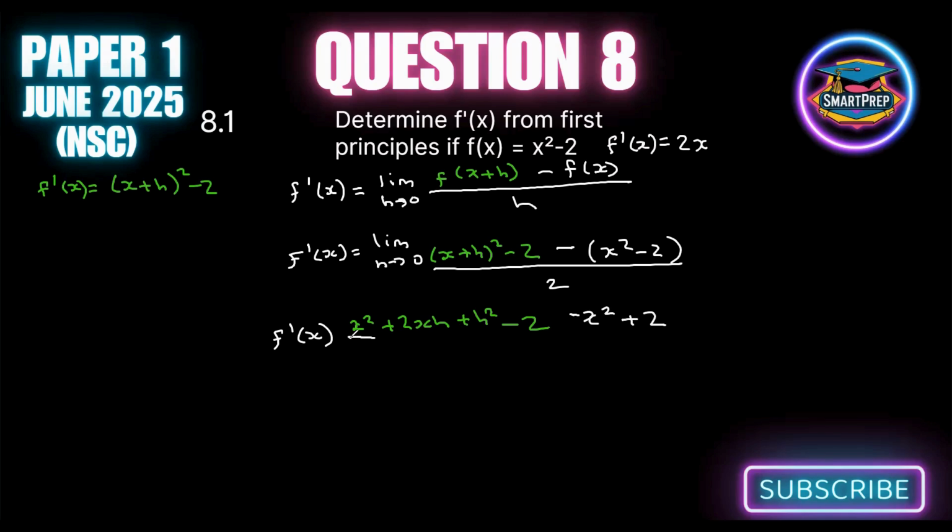Now what must happen when you get to this stage is everything without an h needs to cancel. I don't know why I wrote 2 at the bottom. That's an h, just replace that with an h there. And now we are going to see that the x squareds cancel, and so do the 2's. And so we are just left with, I'm going to drop the colors now,